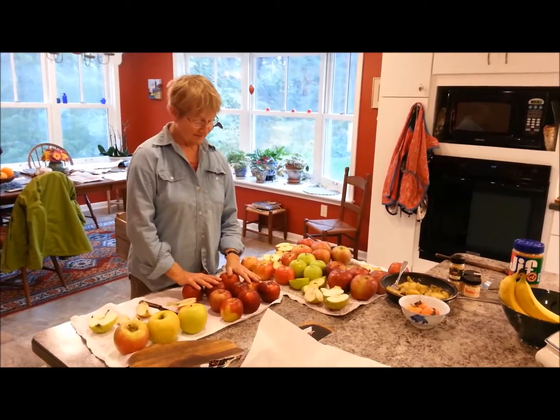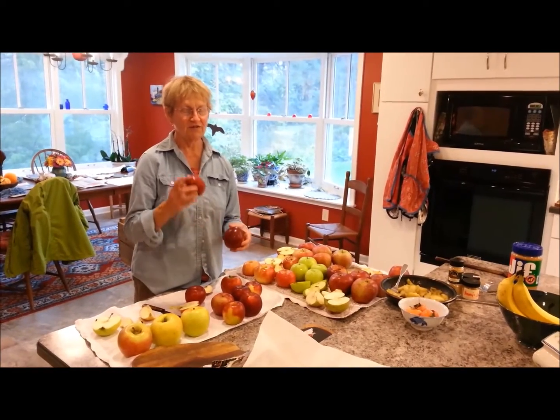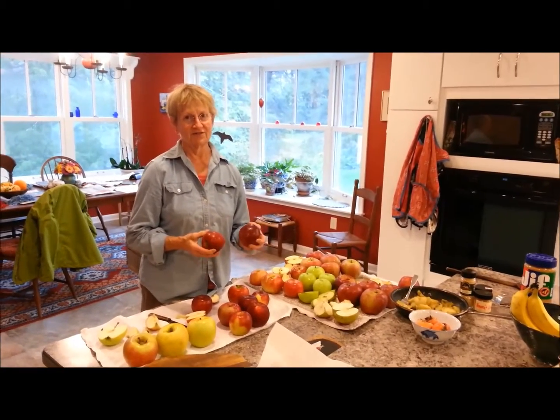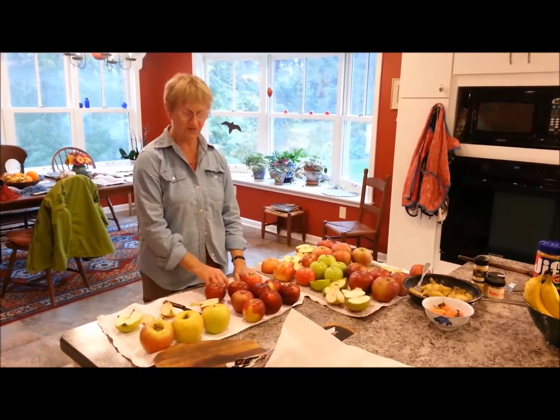Apples are good for us. They're beautiful. They're just a pretty bowl of apples. However, I do recommend keeping them in the refrigerator. But if you're going to eat them within a couple of days, a nice bowl on the counter is a fine place to put them. But they do need to be refrigerated unless you're going to use them within a